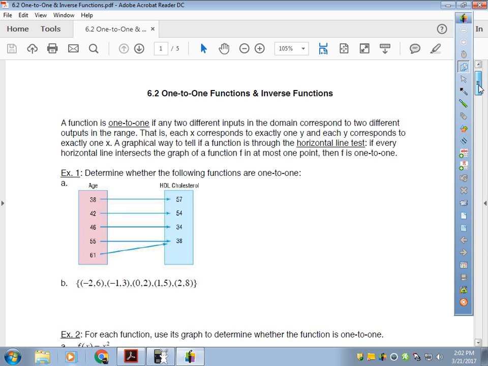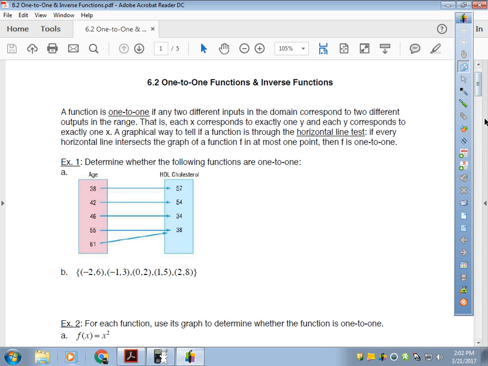So this is section 6.2, which is about one-to-one functions and inverse functions. And the two are related, so it's important to learn them together. But we're going to start with one-to-one. So a function that's one-to-one is one where each element in the domain corresponds to a different element in the